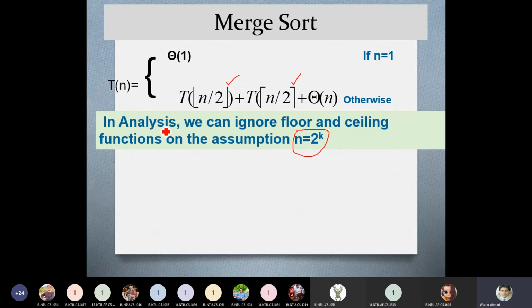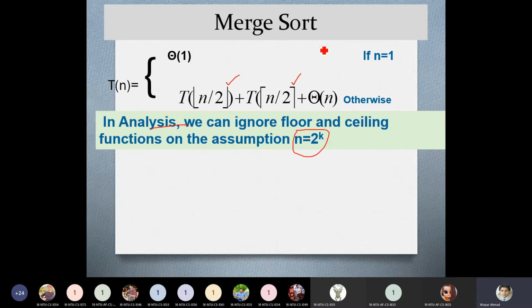In analysis, we can ignore the floor and ceiling functions on the assumption n is equal to 2 raised to power k. But you cannot use this assumption when we are implementing these algorithms. For the implementation part, we must consider the odd size of the arrays, but here, because we are doing the analysis activity, we can ignore these floor and ceiling functions. It does not matter in the analysis.